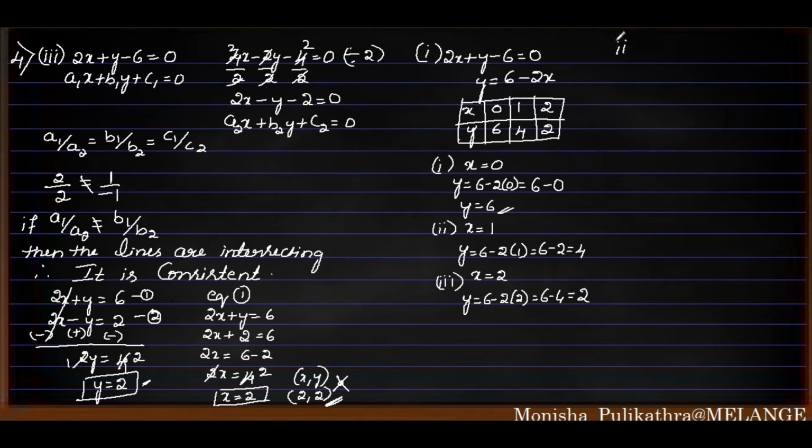Next, the second equation is 2x minus y minus 2 is equal to 0. Since it is minus y here, I will be shifting minus y to the right hand side first, and the rest of the things I will keep here itself. So 2x minus 2 I will write on the left hand side, and minus y shifted to the other side becomes plus y. Next, a box for representing the points.